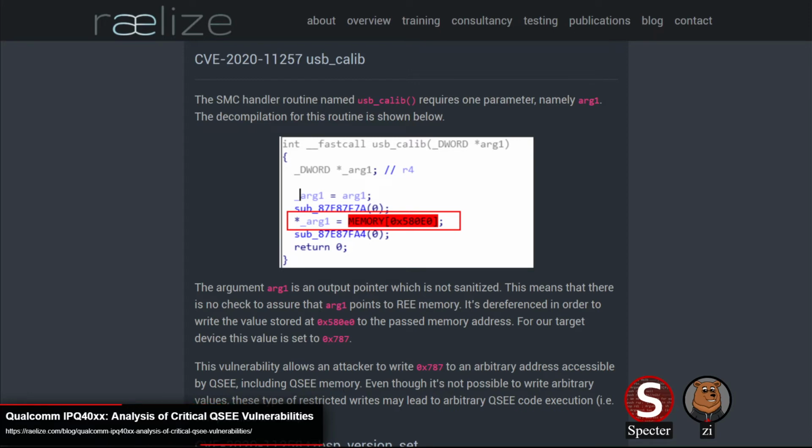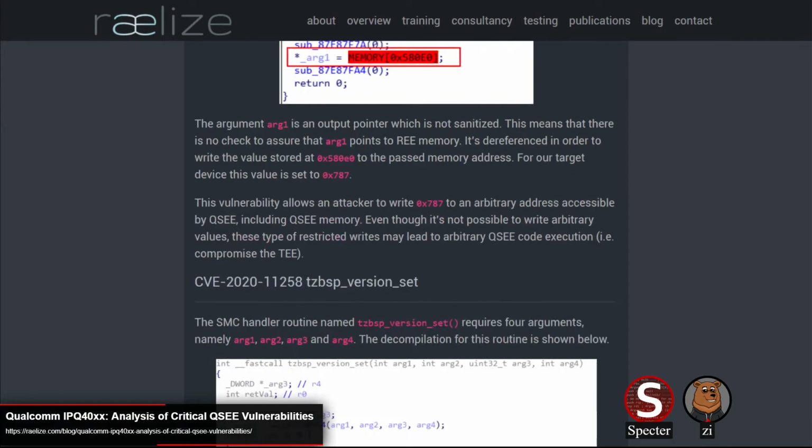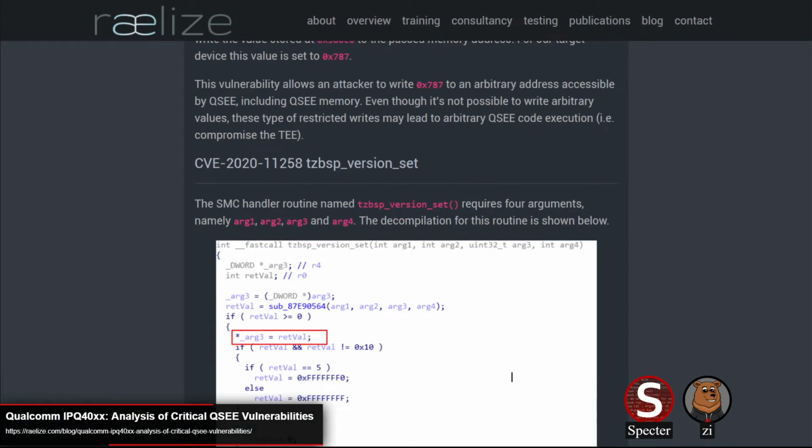Now, these are just theoretical attacks that I came up with. They don't really elaborate and specify those attacks in the article, but I just want to point out that while these are restricted writes, that doesn't mean they're not exploitable by any means. There's totally ways you could take advantage of these.